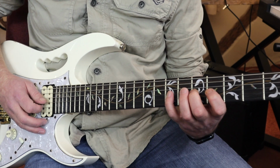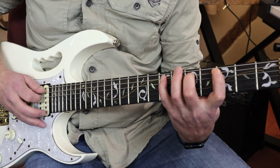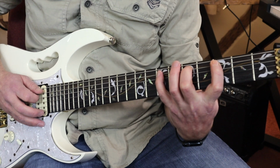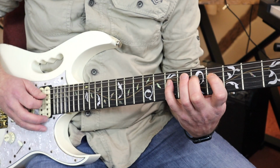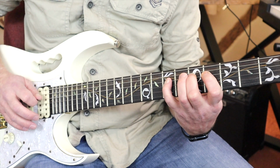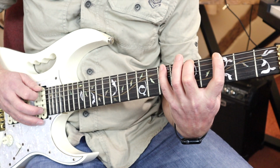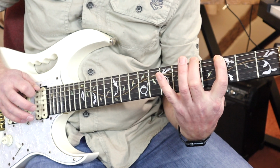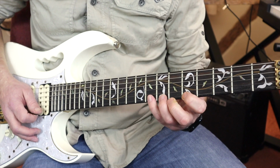Onto the G string, 7, 5, 4. Onto the A string, 7, 5, 3. Back onto the D string, 7, 5, 4. And onto the E string, 7, 5, 3. And then finish on 5. So we have, slowly,